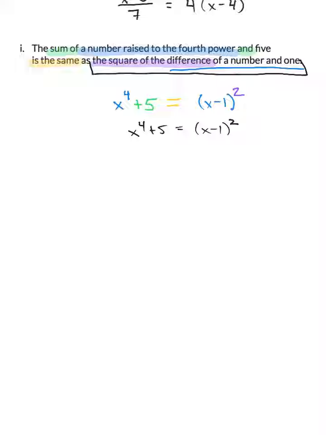So let's just look at that phrase. And what I'm going to do is switch around the square and the difference. If we flip those two phrases, we get the difference of the square of a number